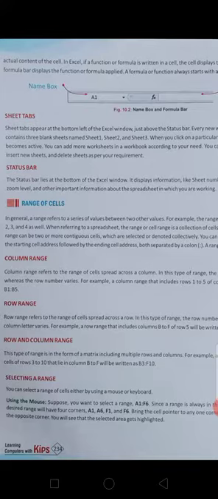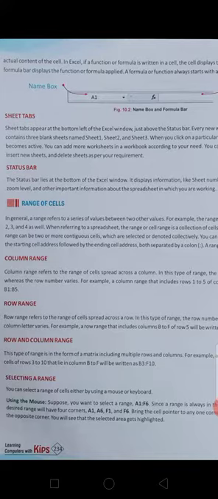Range of cell, I already told you, if we select B9 to E9 it is a range of cells. In this we have two types of range, column range and row range. Column range means we select a range from 1 to 5.